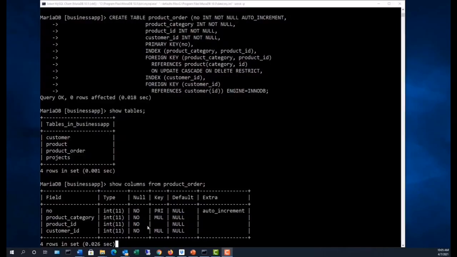If we list here product order, we can see that this MUL, or multiple, is being used. And if we look up here, we have another foreign key in product category and product ID, and we can see what it references. That also is another relation. With a lot of databases, you will see the term MUL or multiple under the key column, and that is the foreign key. It doesn't say foreign or anything like that, for different reasons, but the foreign key